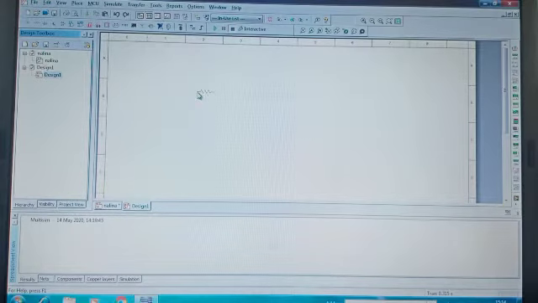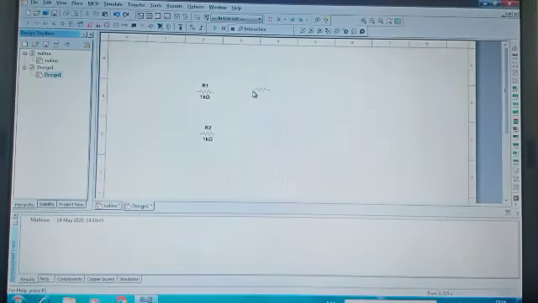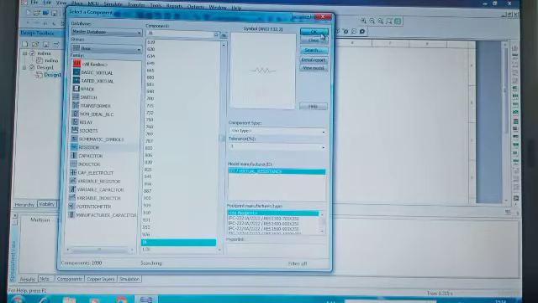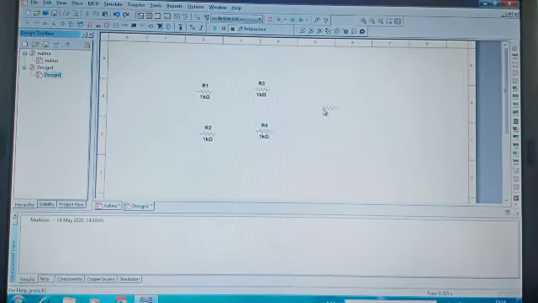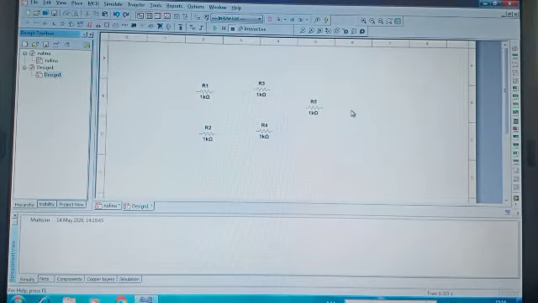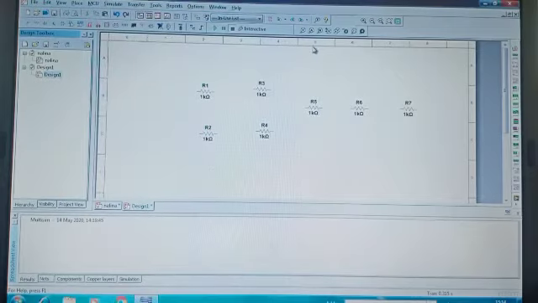We need resistors, as many as required; we are going to place the resistors randomly, and later we'll give the values for those resistors. As per the design we require 6 resistors. Then we need a transistor.